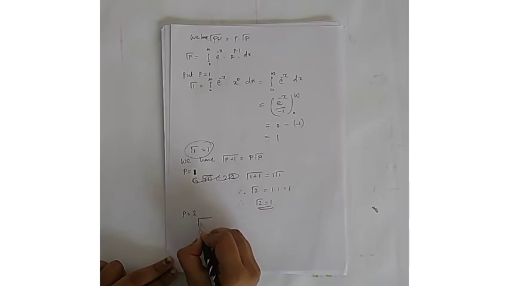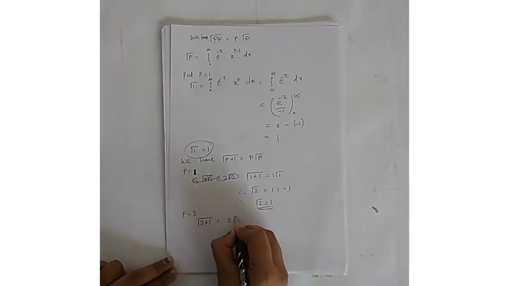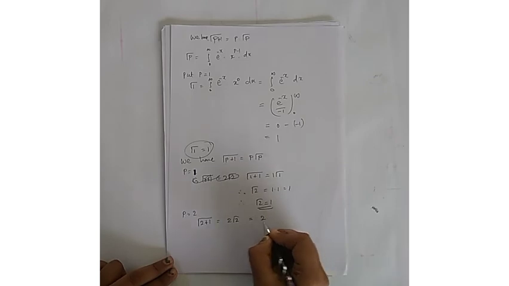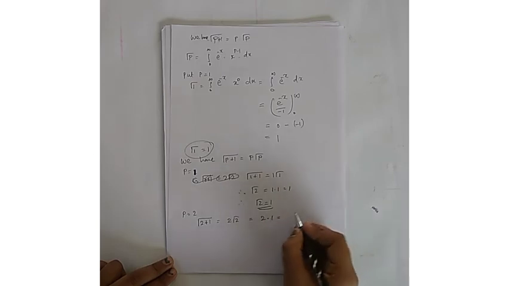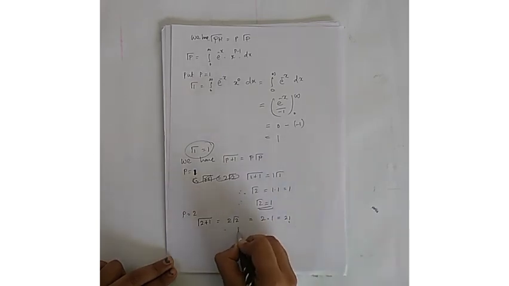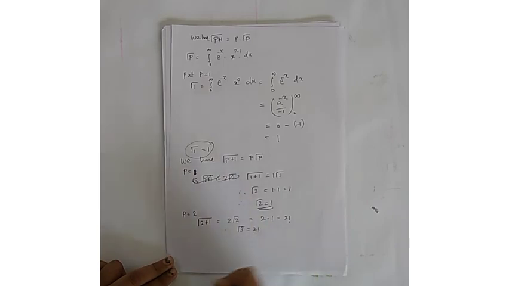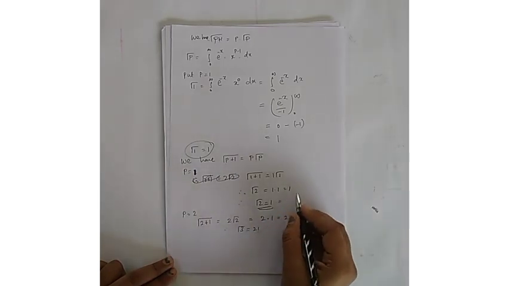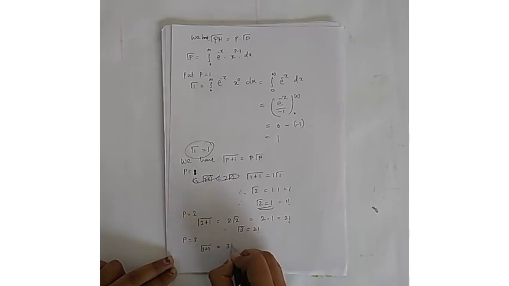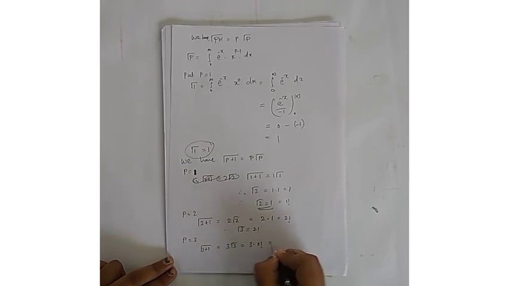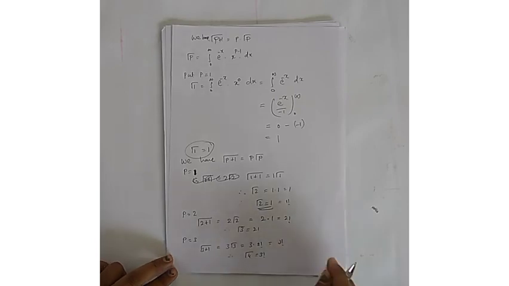We get gamma 2 plus 1 is equal to 2 gamma 2, that is 2 into the value of gamma 2, which is 1. So 2 into 1 you can write as 2 factorial. Therefore gamma 3 is equal to 2 factorial. You can call this 1 factorial here. Now I am putting p equal to 3. Gamma 3 plus 1 is equal to 3 gamma 3, which is equal to 3 into 2 factorial, giving 3 factorial. Therefore gamma 4 is equal to 3 factorial.